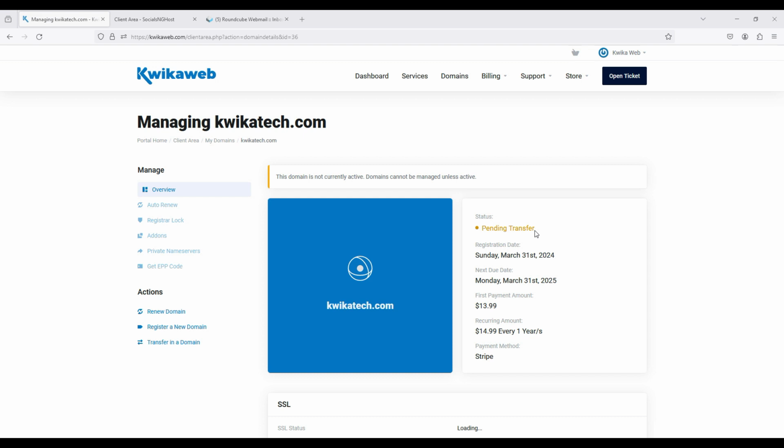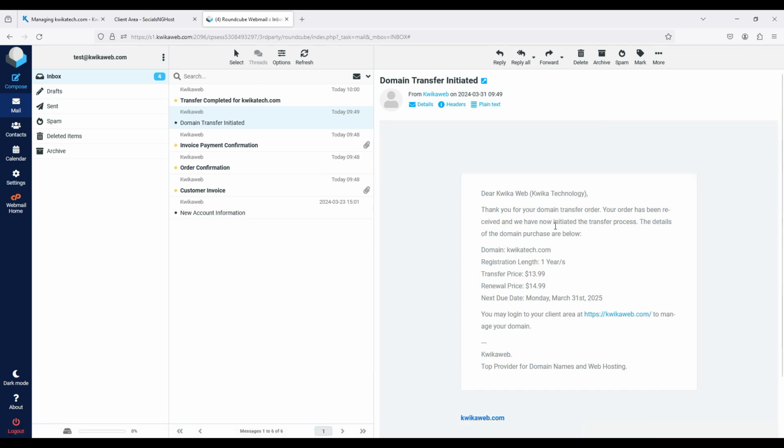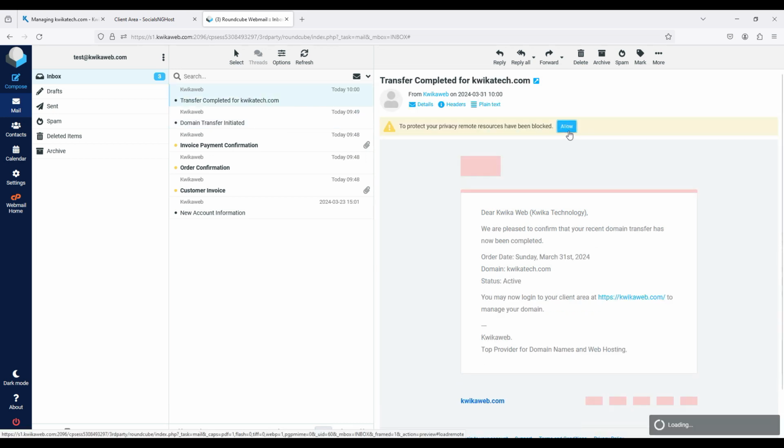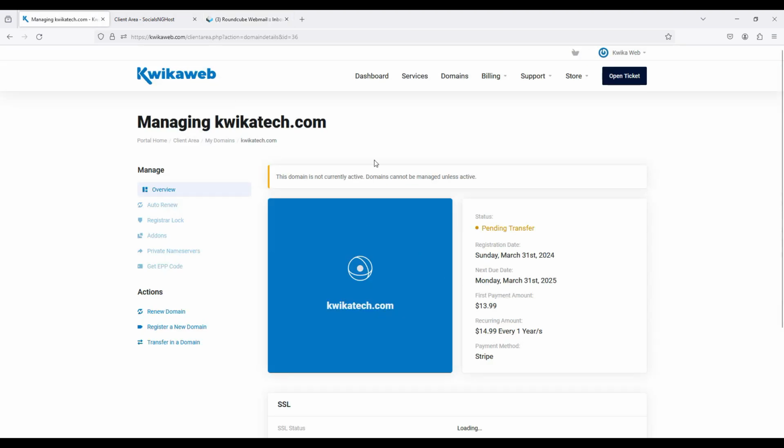What you should always look out for is this email, not the domain transfer initiated. That is just to show that the transfer has been initiated. The email you are supposed to look out for is this: domain transfer completed. What this means is that with this email, once I log into my dashboard, I'm now able to manage that domain. So you see if I go back to my dashboard,